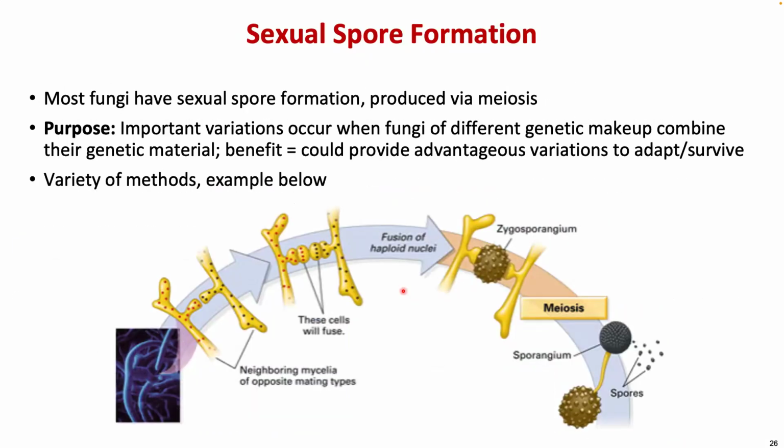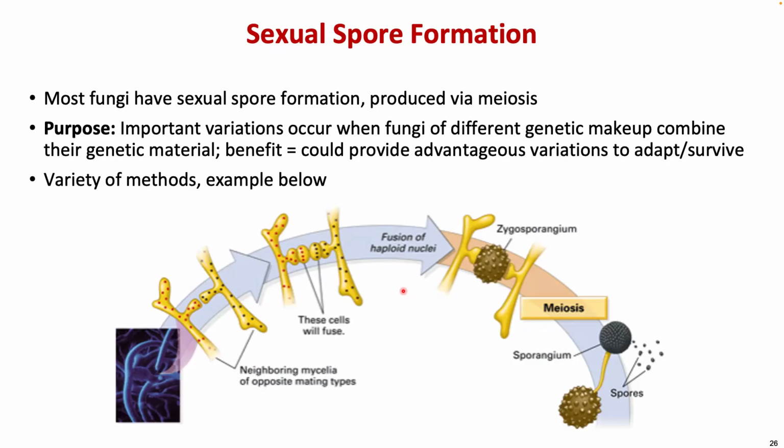So now we finish with the asexual. Now it's time for us to talk about sexual spore formation. Most fungi have sexual spore formation, and spores are produced through meiosis. The purpose is that important variations occur